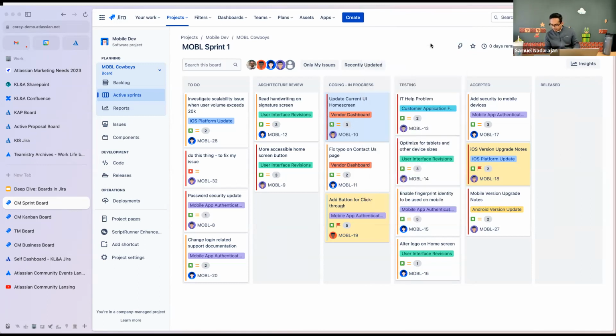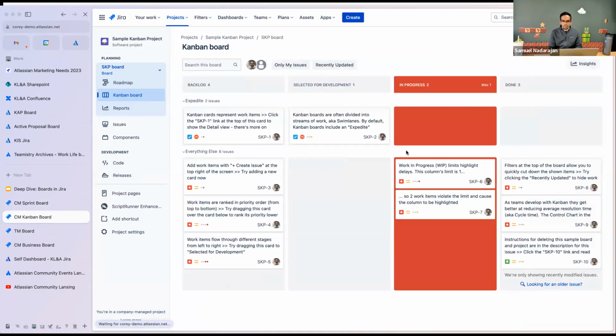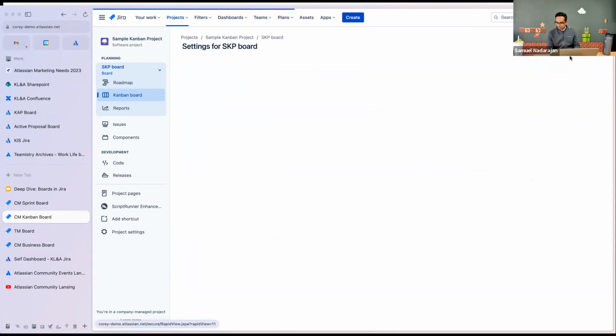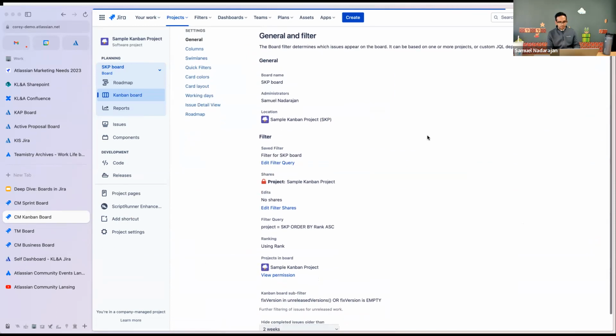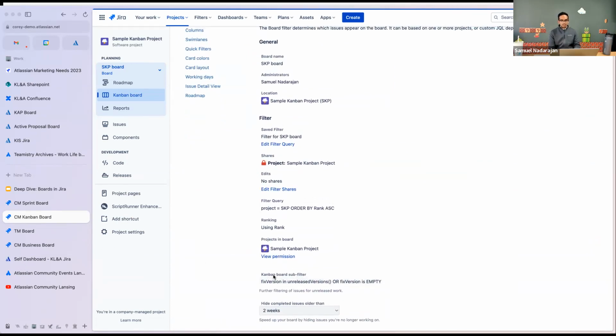All right, so we talked about the automation rules. We did talk about the rank field. Let's take a look at a Kanban board, which again is very similar to what you would see on a Scrum board in terms of visual interface and overall functionality. But if I go into the board settings right here, a couple of key differences I want to point out is that in a Kanban board, in the general filter settings, you do have the concept of what is called a sub-filter, which will automatically filter whatever information you include in your board out. So the default option right here is to